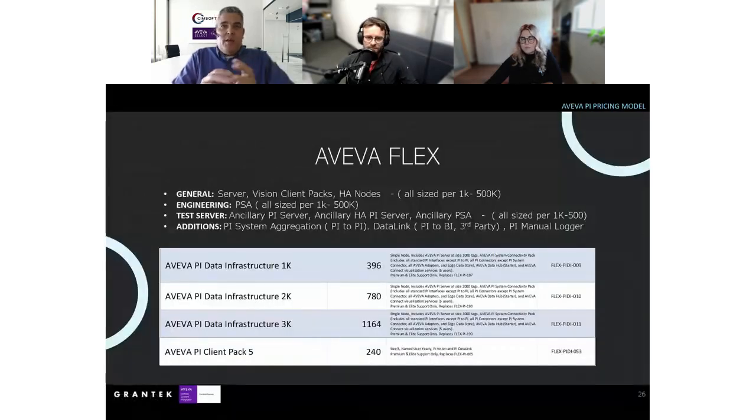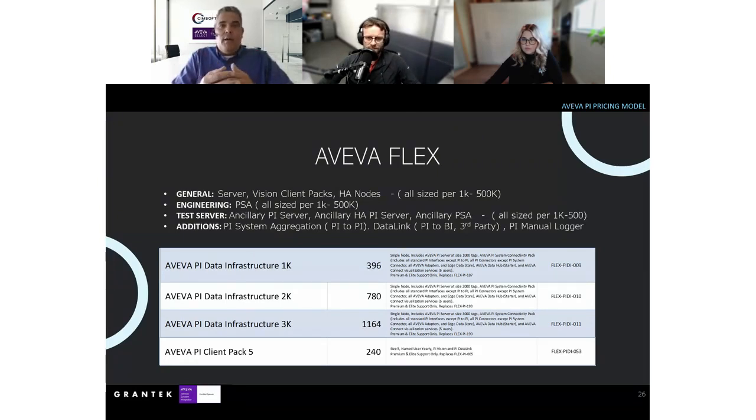There's many components, and I just wanted to highlight a couple of them. In this case, you're seeing a 1K, a 2K, and a 3K, what we refer to as Pi data infrastructure. Pi data infrastructure is the components that you're used to: Pi server, with some components in there like the connectivity pack, which is the driver set. So all the things you need to run a basic Pi server, and that requires 396